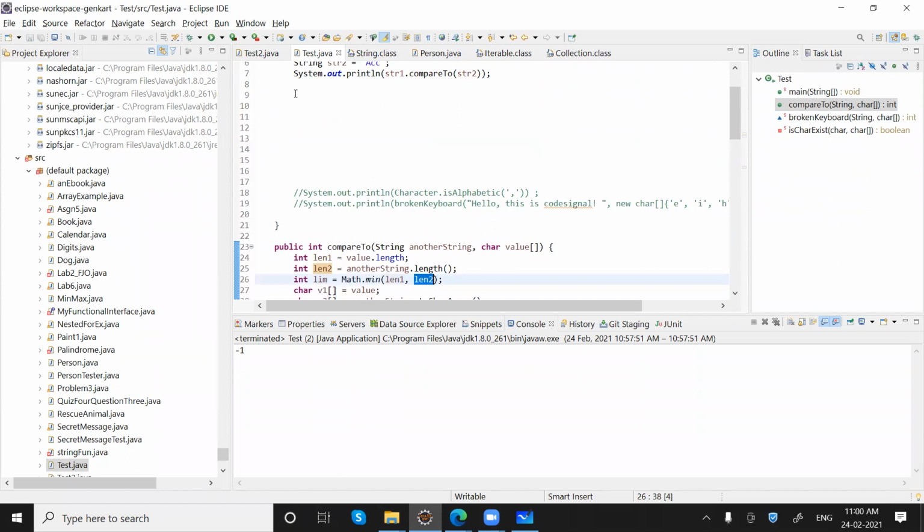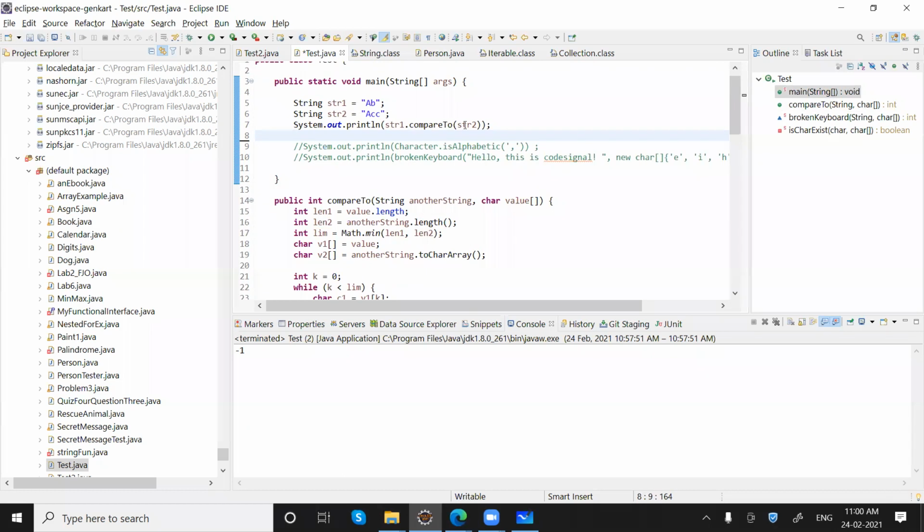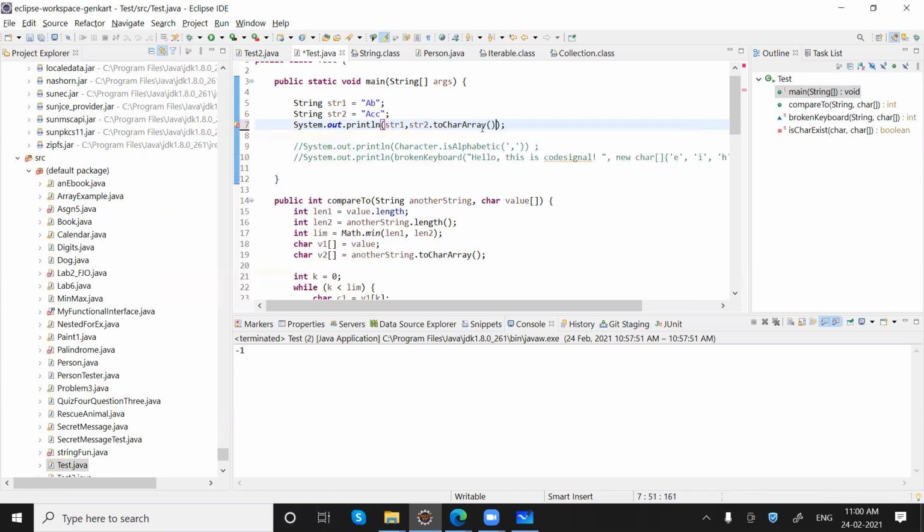So for example, we have str1, comma, str2 dot toCharArray. Sorry, compareTo.